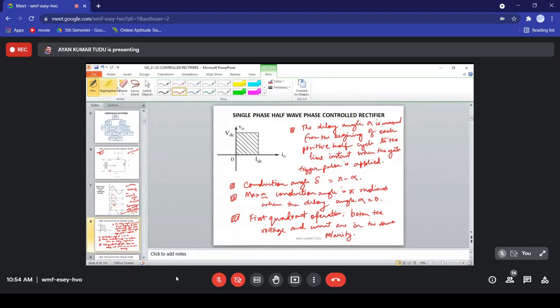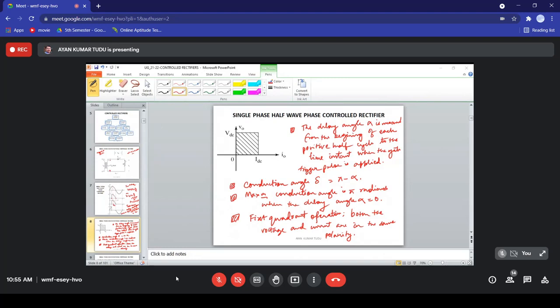Okay, now what we're doing, obviously we have to find out the performance parameters. Now what I can do, I can just give you the alpha value, and depending upon the alpha value, you have to find out the performance parameters. Suppose I say that the firing has occurred at alpha equal to 30 degrees, 60 degrees, like that, and we can then find out our performance parameters. So what are the performance parameters we have to find out?